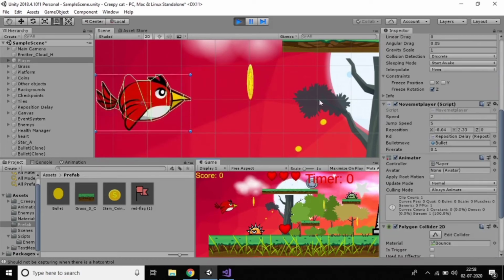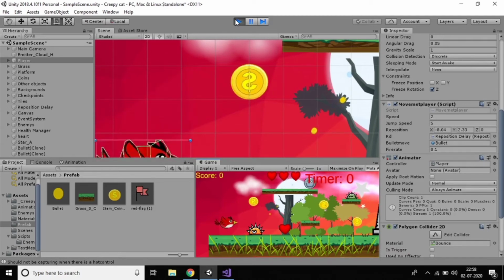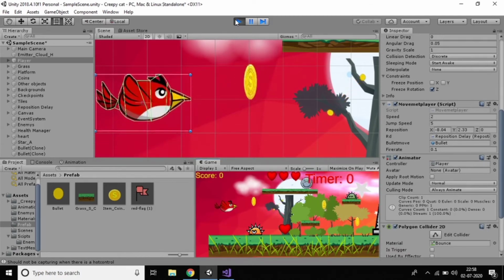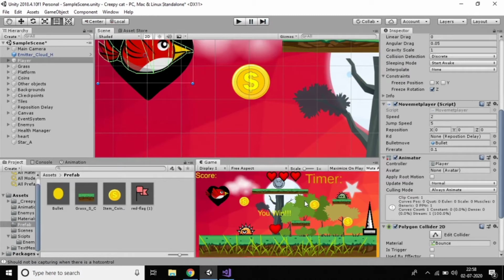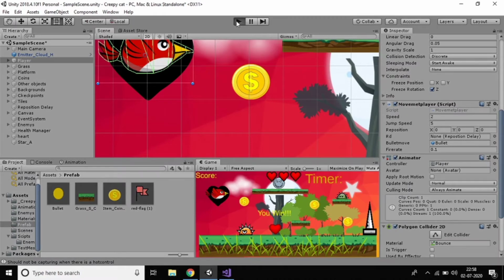So this is the way to write the code of the bullet. It's destroying fine and it's very clear, right? Now we'll work with the left side. If I go left, my bullet was not coming, right? So for that I want to write code. If I move left, my bullet should automatically come. So just go here.